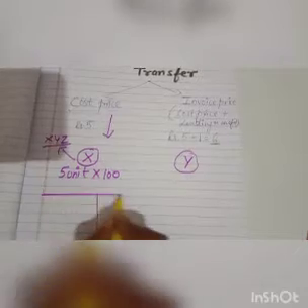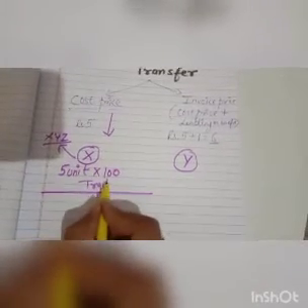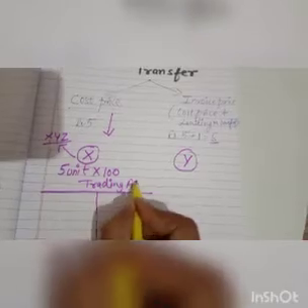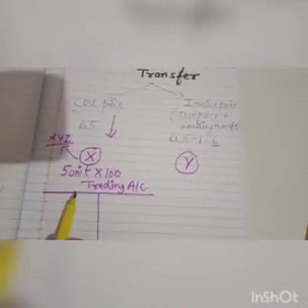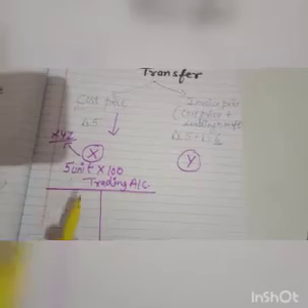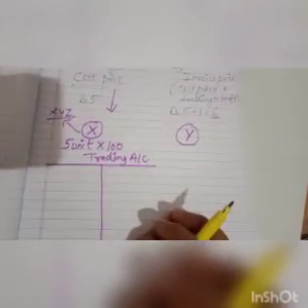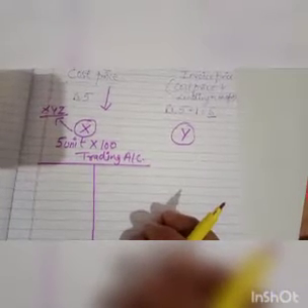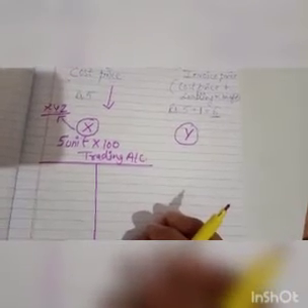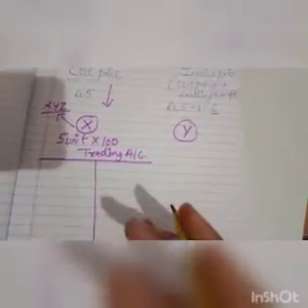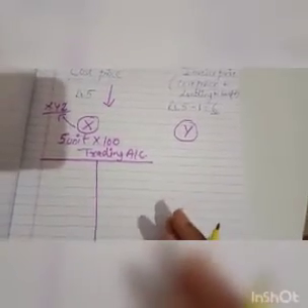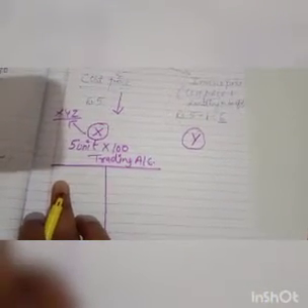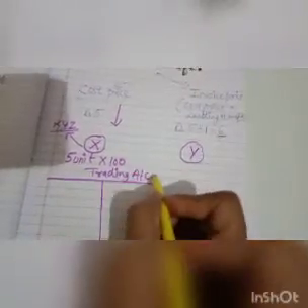So how are we going to make the entry in the trading account of X? Firstly, this is a purchase entry for department X. The journal entry is: purchase account debit to cash account or bank account. If it is on credit, we write down the company name from where we purchased the raw material. Now we are going to make the journal entry in the trading account of department X.